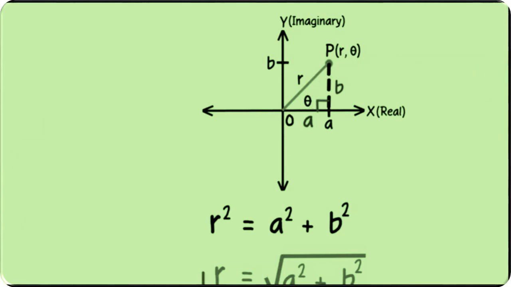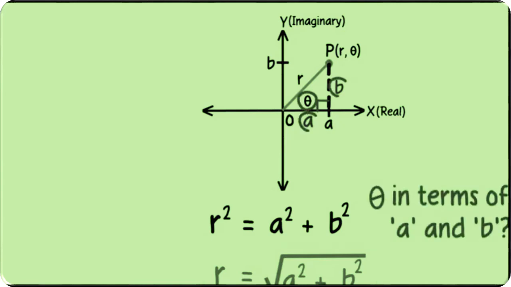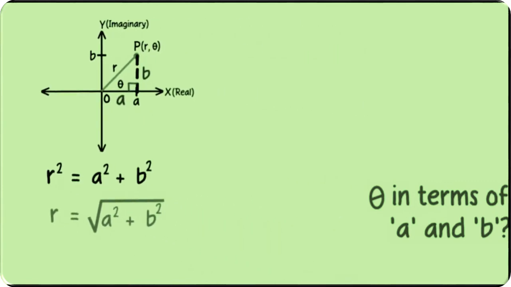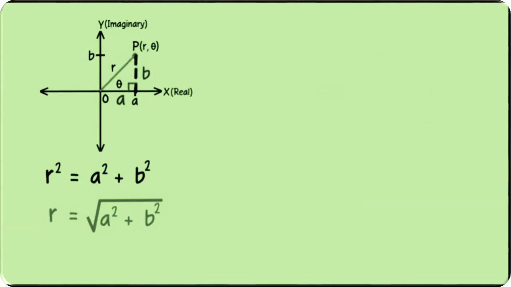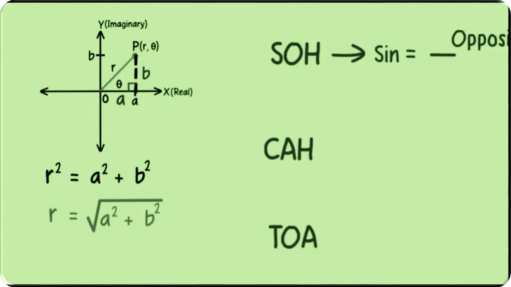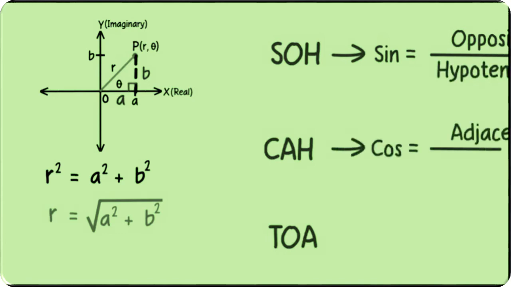Now that we know how to represent r in terms of a and b, can you try and derive theta in terms of a and b? Let me give you a hint. Use trigonometric identities in this triangle. Do you remember the short code we use for the three basic functions of trigonometry? Yes, it is SOH CAH TOA. Since sine is opposite over hypotenuse, cos is adjacent over hypotenuse